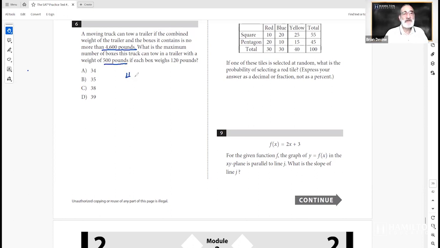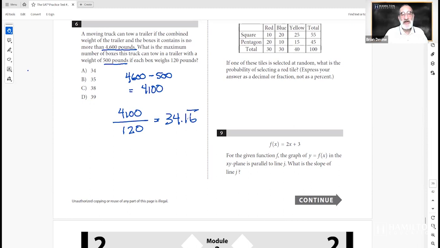Well, if I take the max, which is 4,600, and take away 500, then I'm going to have 4,100 pounds worth of books that I can carry. So if I take 4,100 and divide it by the average poundage per box, which is 120 pounds, then I get